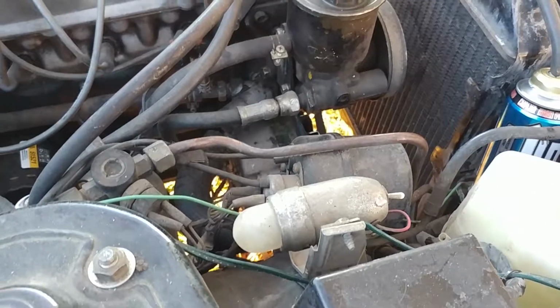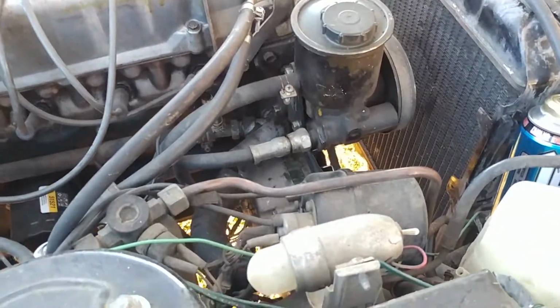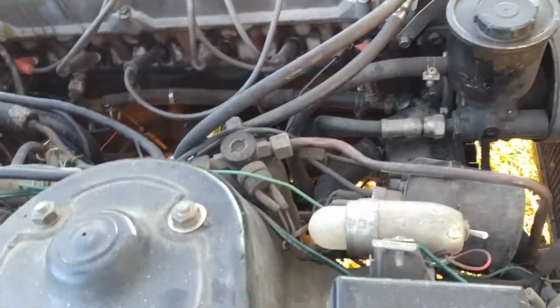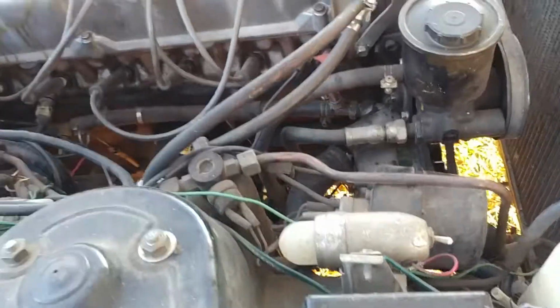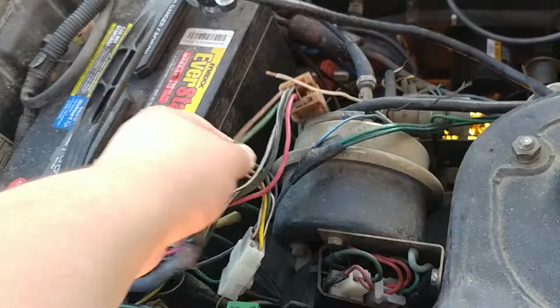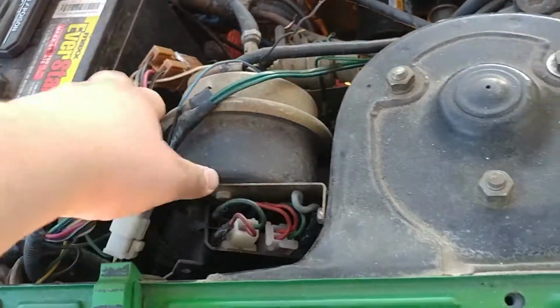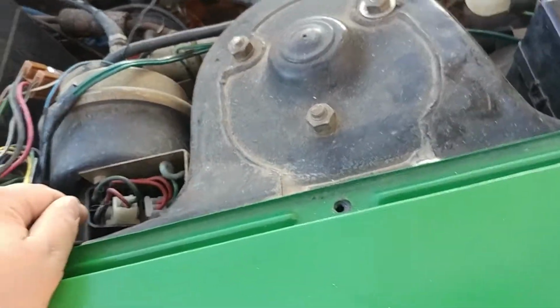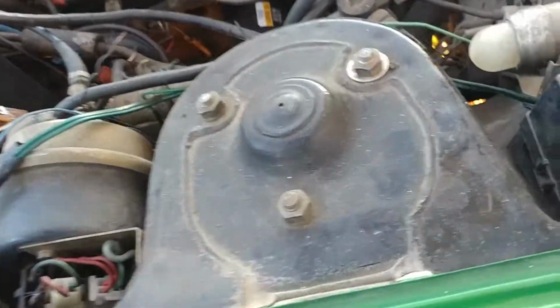Anyways, the power steering does work when it runs. That's good news. Doesn't have AC because race cars don't need AC. And lastly, there's another wiring mess over here because wiring messes are a great thing, and that's about it for